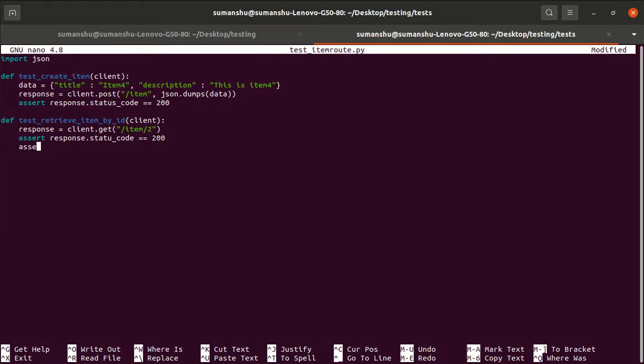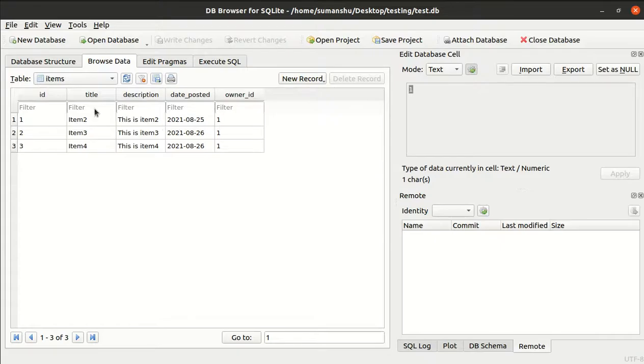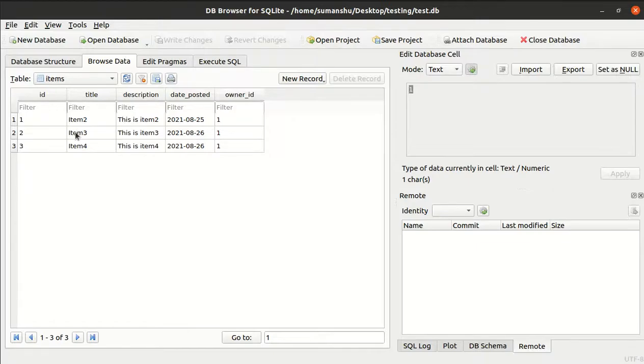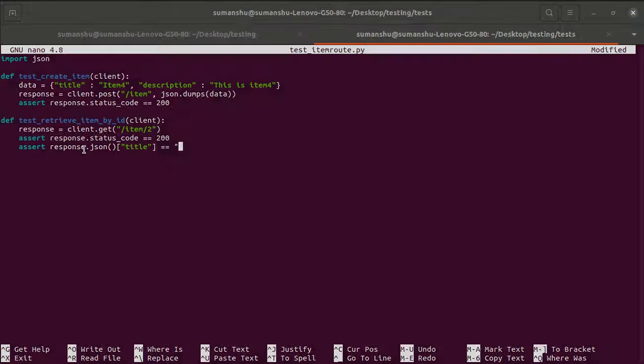Along with that, assert response.json, because it will return the JSON response, and within the JSON response we want to check the title. What is the title? The title should be item 3. For the ID number 2, the title is item 3.